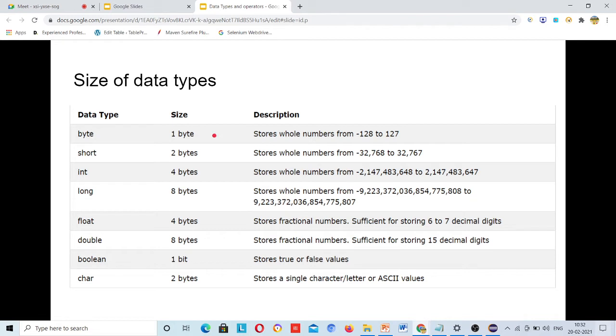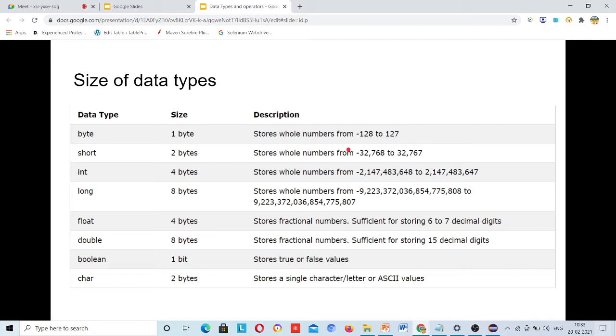Here, byte contains 1 byte, and it can store data from -128 to 127. And this data type is actually integer, right? If you want to store data in integer format, what are integers? Normal mathematics whole numbers, meaning not in decimal format.